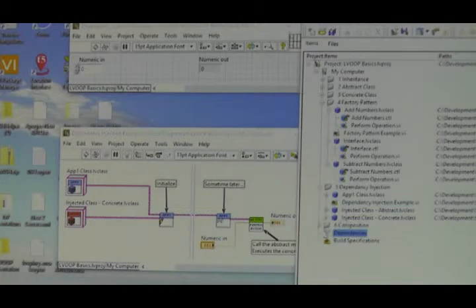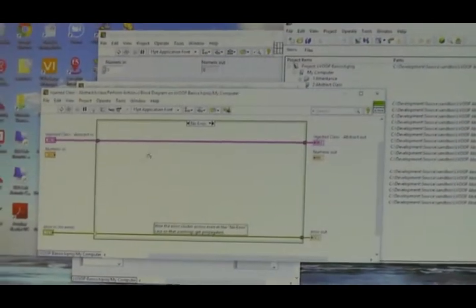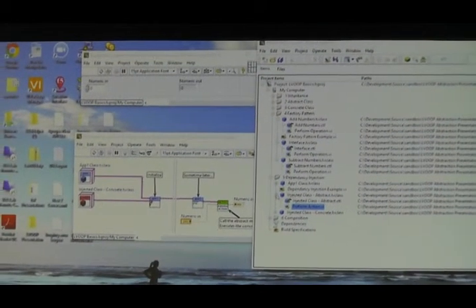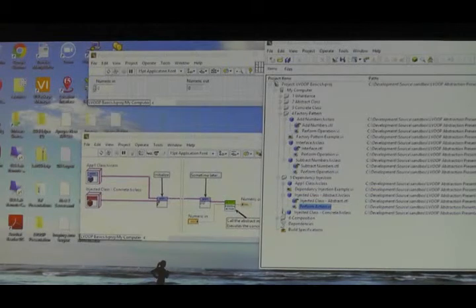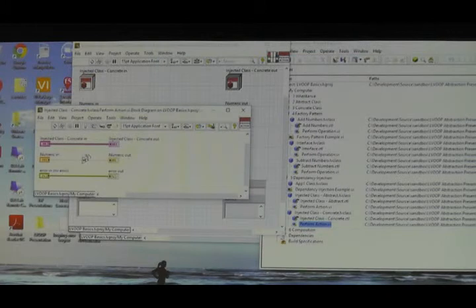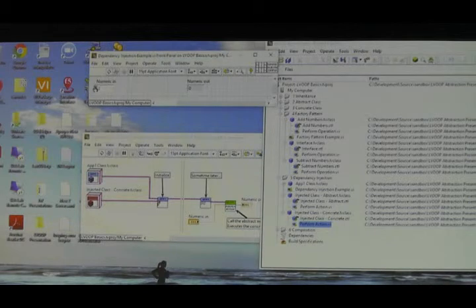So just to show you, the abstract class, again shown in green, has no implementation. That's what we're actually calling here. And then our injected class actually has an operation in it. It's just adding or incrementing a number. If we put in a number and run this, you can see that it increments. So it's calling that concrete method from the concrete class, even though we're telling it to run the abstract one.